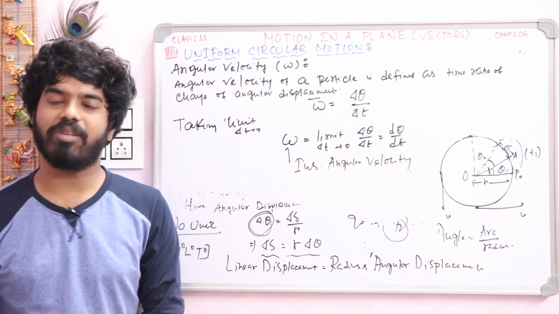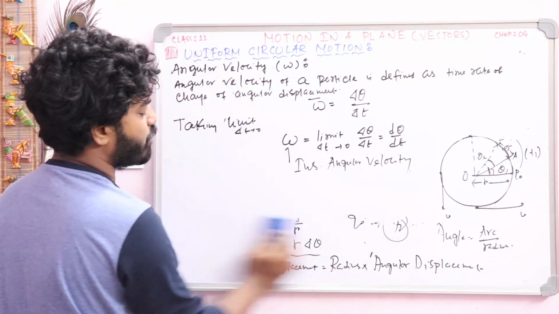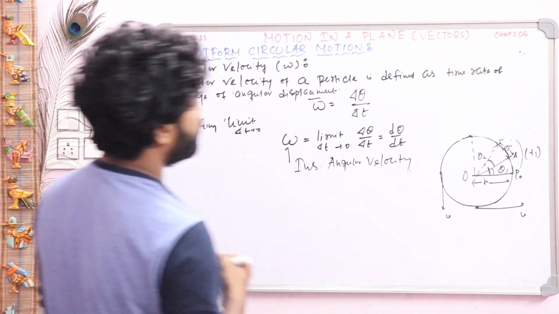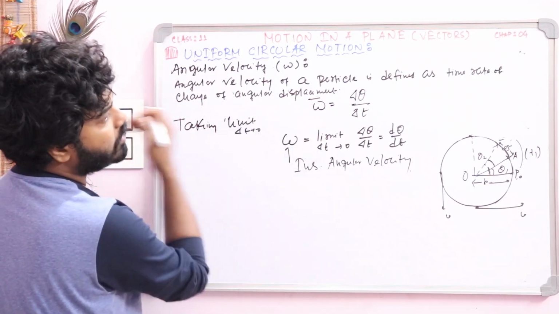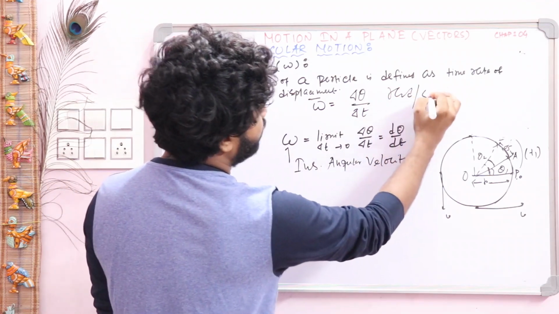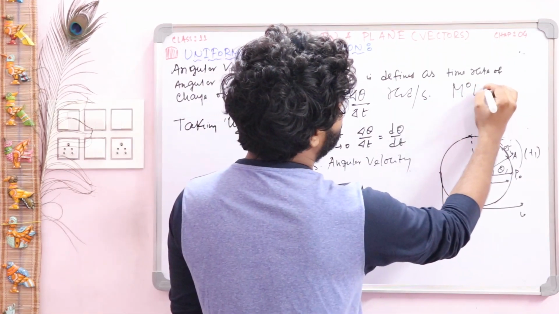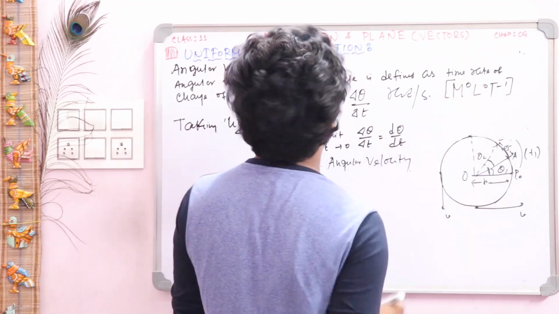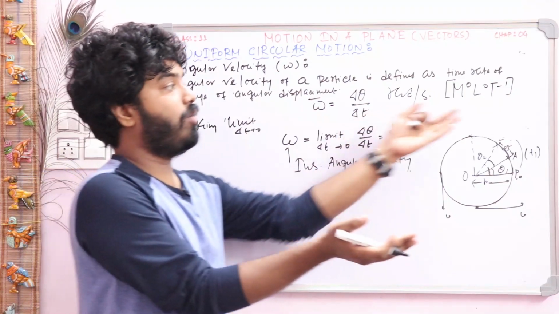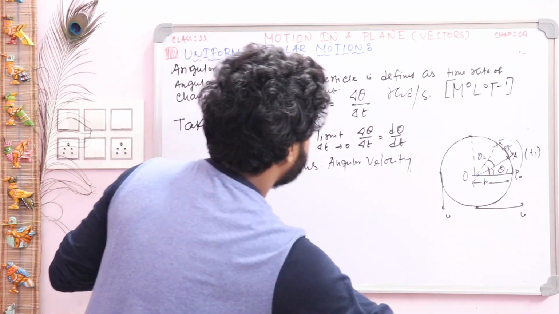Now we will prove the relation between instantaneous angular velocity and linear velocity. Write it down, important part, students. Okay, so now we will prove the relation between linear and angular velocity. And before going to that part, you say the unit of angular velocity: this unit is rad and this one is time, so the SI unit is rad per second, and the dimension will be M^0 L^0 T^-1. The dimension of angular displacement is M^0 L^0 T^0, and there is time, so this one will go to the upper side, so the result will be M^0 L^0 T^-1.